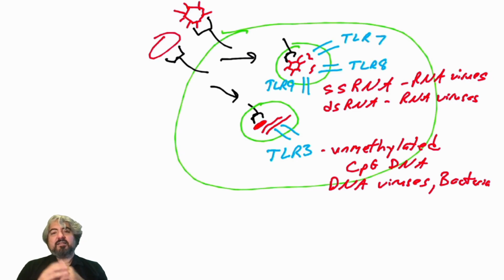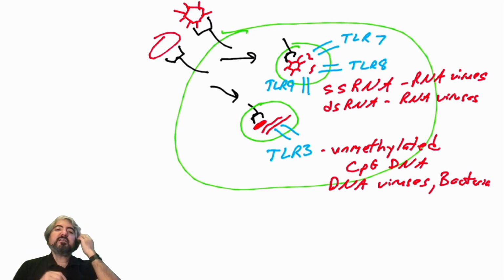That is different than human DNA, which is often methylated. Bacterial DNA, viral DNA from DNA viruses is typically unmethylated. So if a virus, like a DNA virus, or a bacteria has entered the cell and released its genome, that genome can be